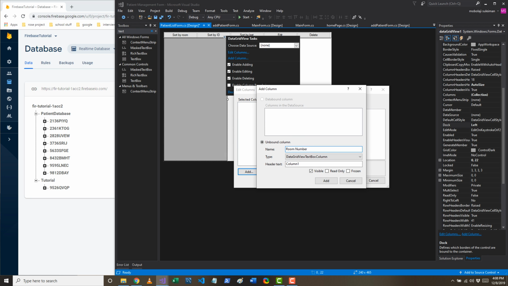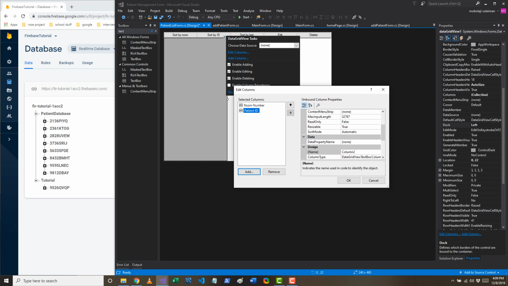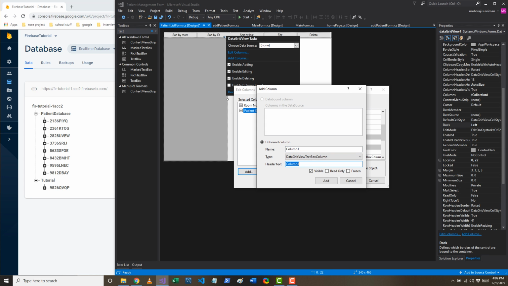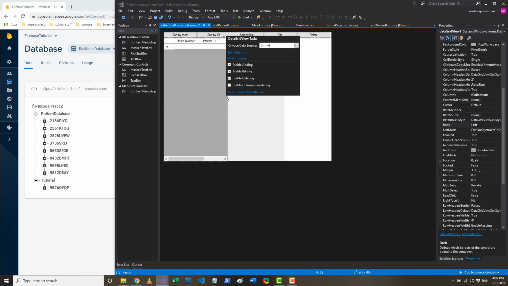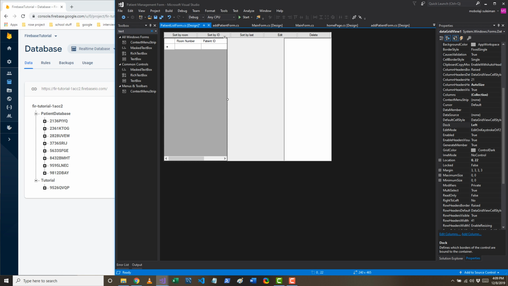Room number is not a valid identifier. I don't know what's going on. Okay, column 1, let's change this down here. Change the header text to room number, add patient ID, and then add last name. Okay, close, click OK. So I'm going to have to go in and change the